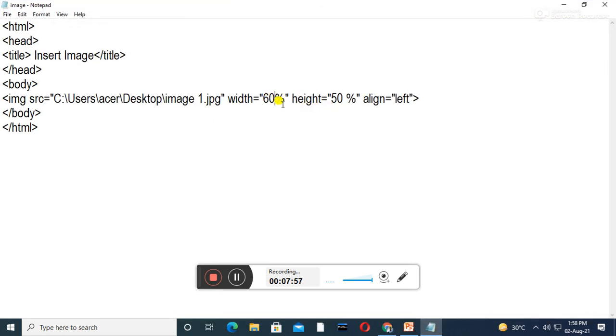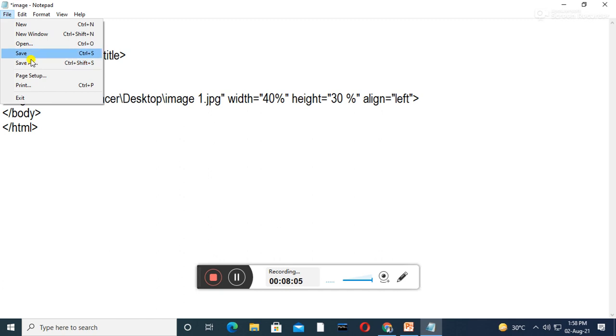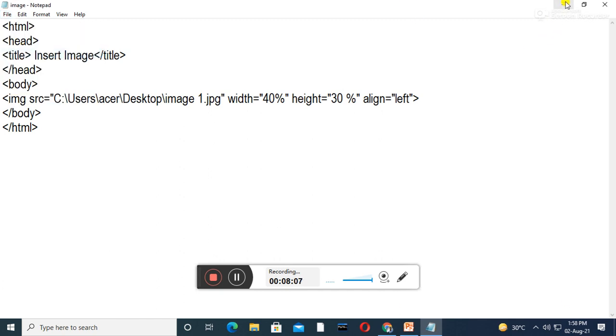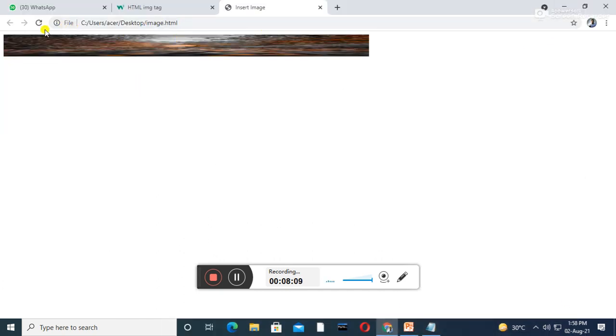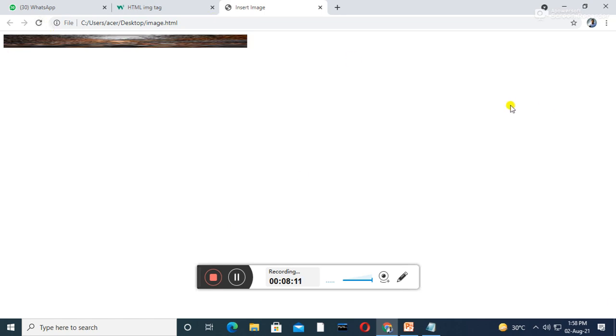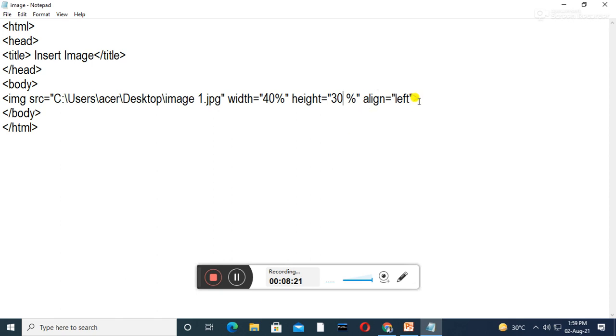So this thing you can change. You can also do 40%, or write 30%. Okay, save here and refresh again. See what happened. The height changes to 30% and the width changes accordingly. So this is an option by which you can apply some other attributes like border.